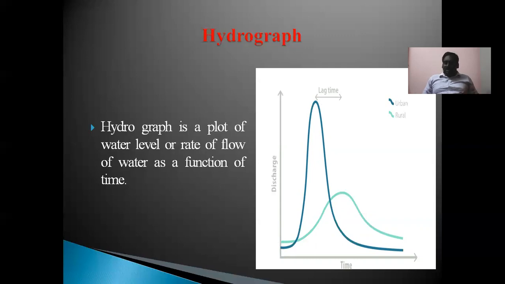For the power generation, after supply, the amount of flow of water can be reduced. After the full amount of water is supplied, after some time what happens? The stored water can be reduced. That's why the discharge or rate of flow also decreases after this period. So hydrograph is defined as a plot of the water discharge or rate of flow of water with respect to the time like this.